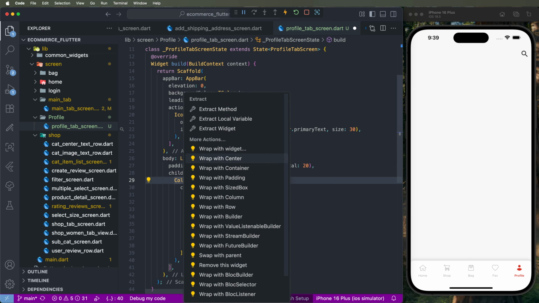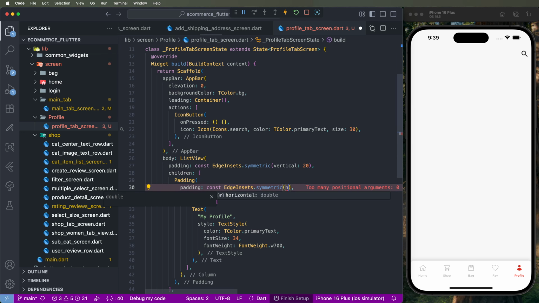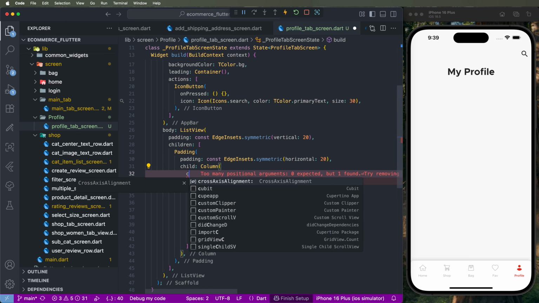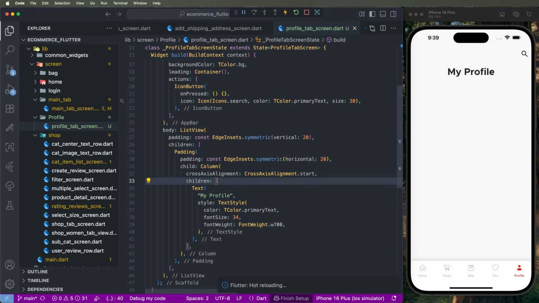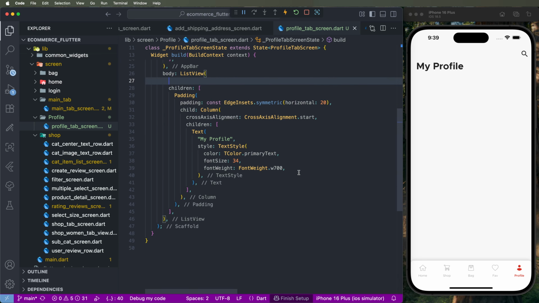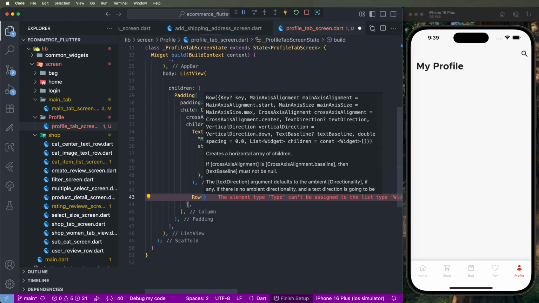the padding. Set it symmetric, horizontal, we need to set 20 as per the UI. And then the scroll, cross axis alignment, we need to set start, and now the display is good. Maybe we need to remove these paddings, no need, we need to clean up and set the default padding, that is good. Now after that, we need to make the horizontal UI, we need to set a row,